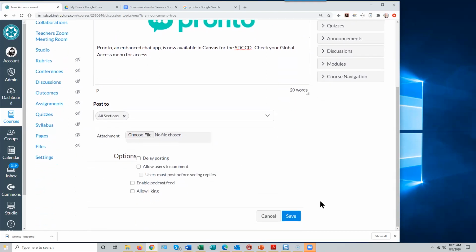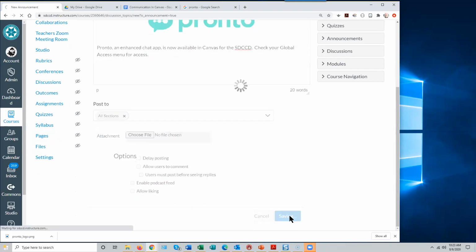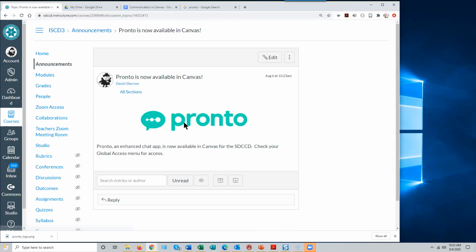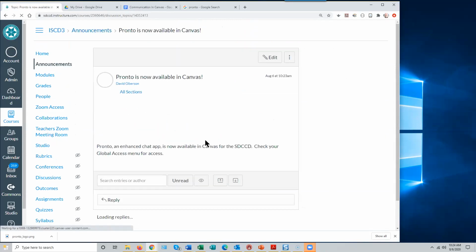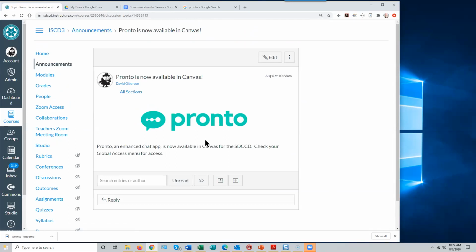So we have an announcement. If I save that, it goes into my announcement list. And anybody who comes in and clicks on announcements will see it as the latest announcement. And they'll just see the title. And to access it, they just click on the title and the announcement will come up. So real simple. An immediate, urgent communication, the virtual equivalent of posting a note on the entry door to the classroom,